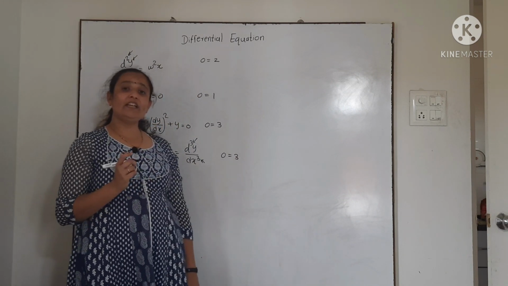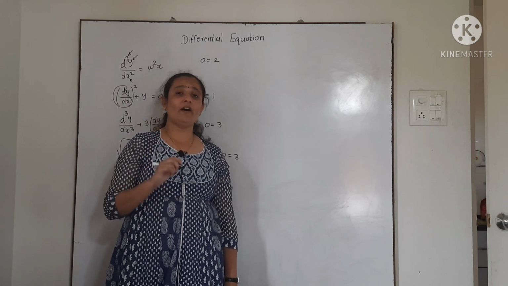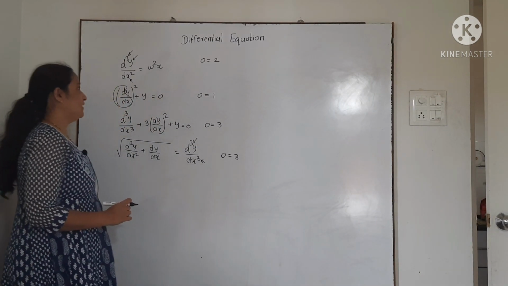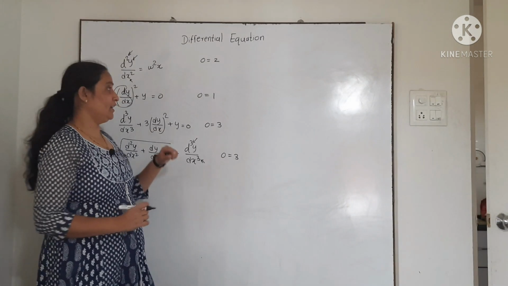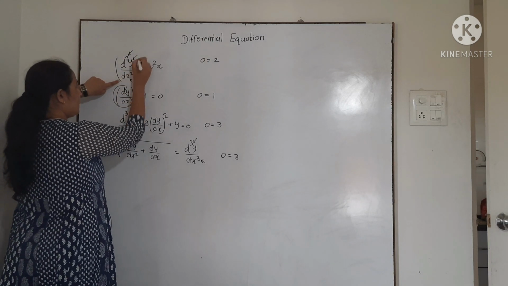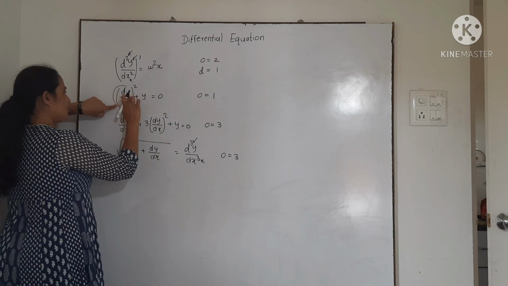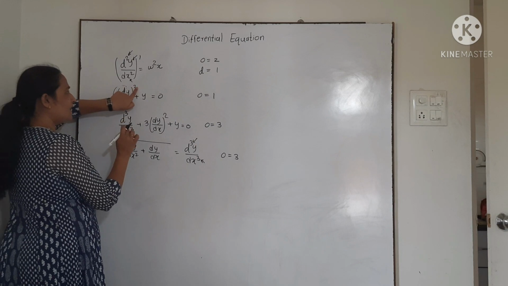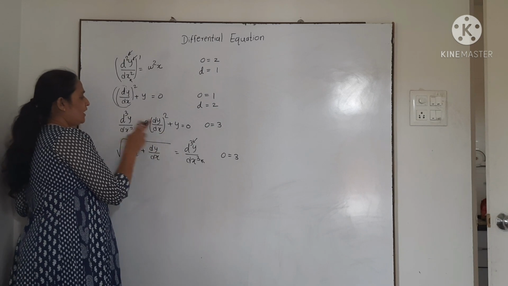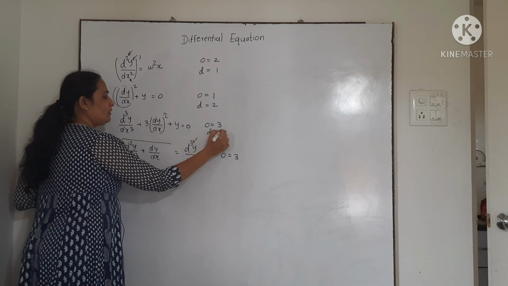Then the next one is degree of a differential equation. Degree of differential equation is nothing but the power of highest order derivative when the differential equation is free from fractions and radicals. What is degree? Power of highest order derivative. Now if we see here, highest order derivative is d2y by dx square. What is its power? There is nothing. So I can say it as 1. So degree of this is 1. Similarly, in this equation, highest order derivative is dy by dx and its power is 2. So degree of this equation is 2. Here the highest order derivative is d cube y by dx cube. What is its power? It is 1. Therefore, degree of this equation is 1.